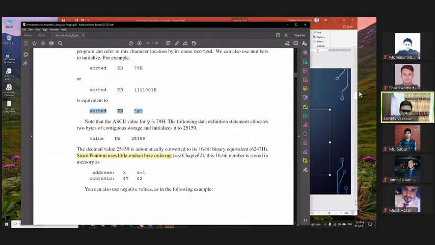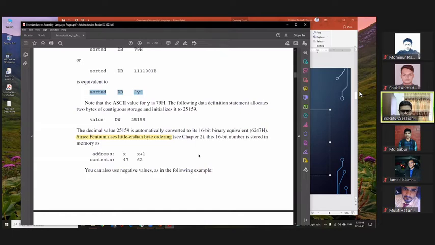We have also discussed yesterday, if you can still remember, that our Pentium processor, because we are talking about the Pentium processor, is using little endian byte ordering. That means it is storing the data for the least significant bits first, and then the most significant bits. For example,